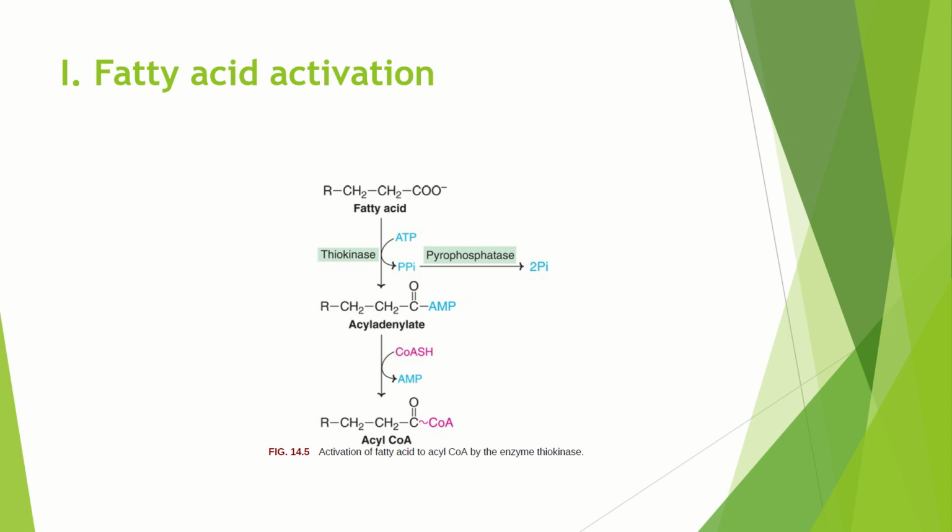In the first step, the fatty acid reacts with ATP and forms acyl adenylate, and this acyl adenylate then combines with coenzyme A to produce acyl CoA, which is nothing but activated fatty